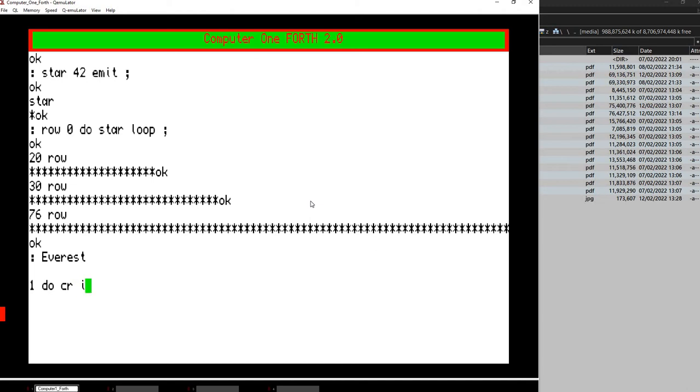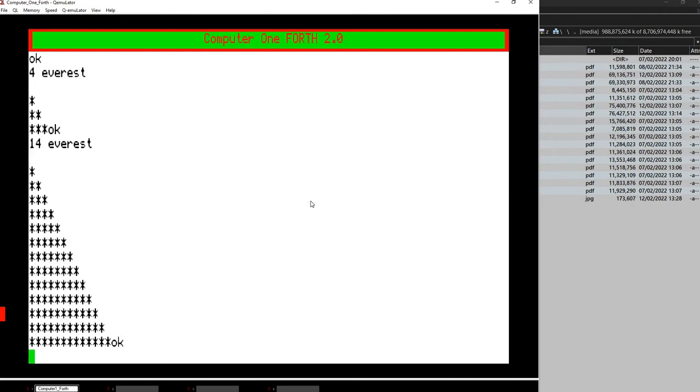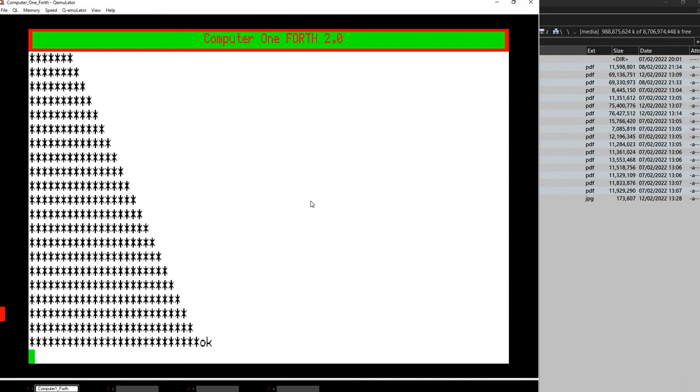It will index the number on the loop and pass it to the word row, finish the loop and finish the definition. So if I say 4 Everest, or 14 Everest, or 28,